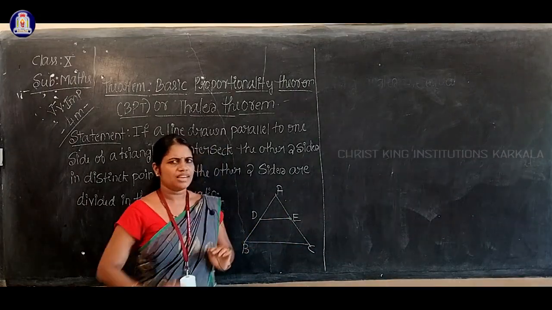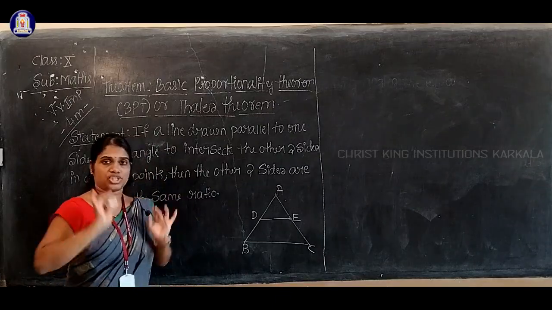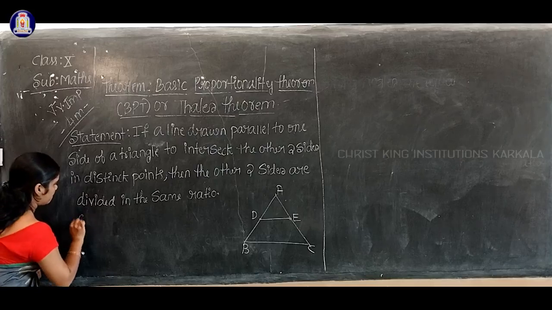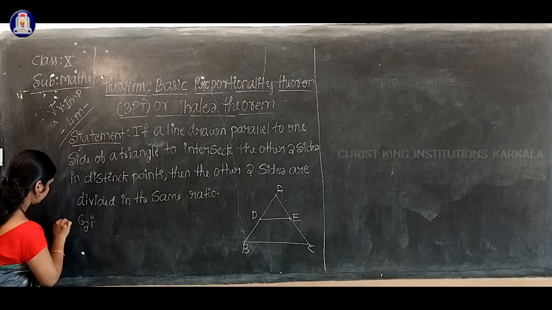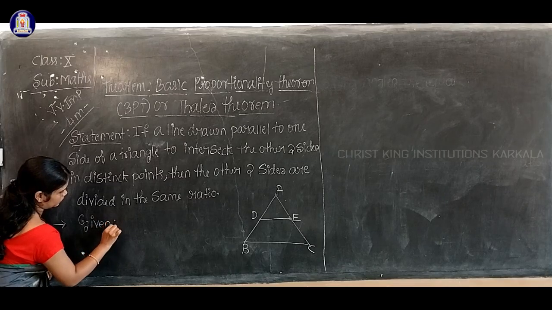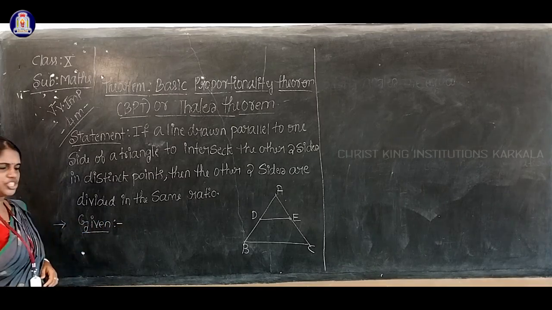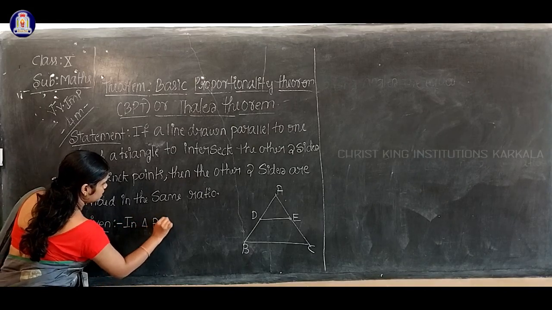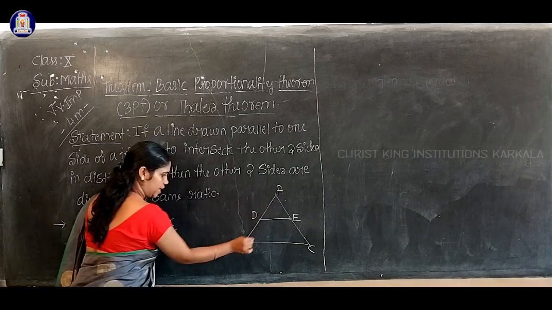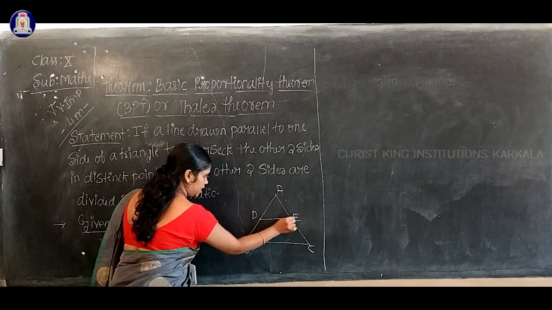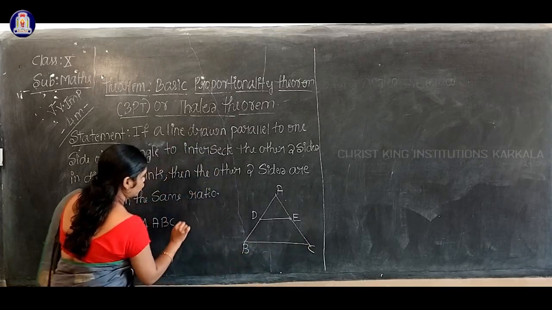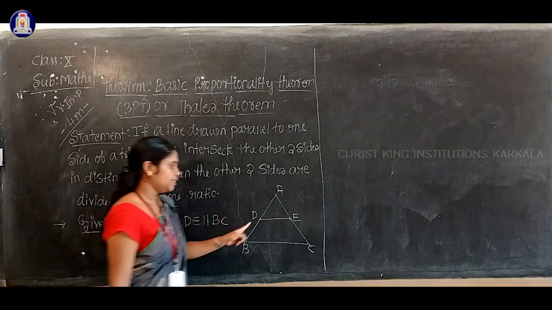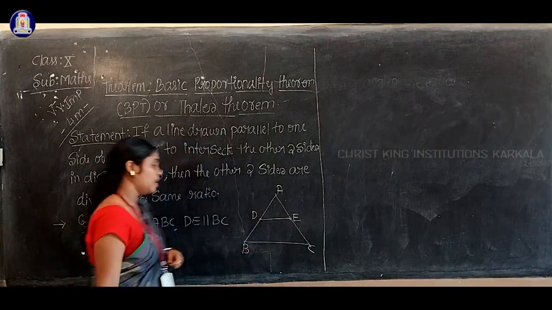First I will write the given data, what they have given in the question or in the statement. So first I will write given. In triangle ABC, DE is parallel to BC. The line DE is parallel to BC and DE intersects AB at